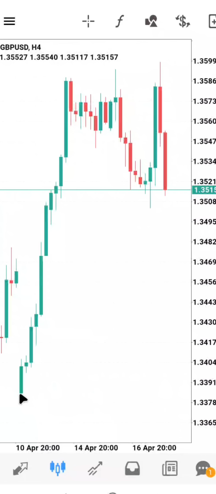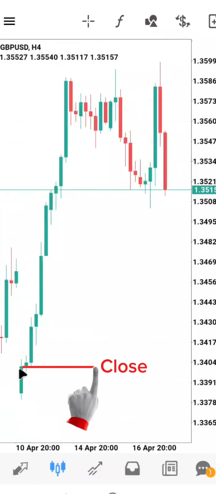The opening price is at this point where the rectangular bar began. So this is the opening price. The lowest price is this tip of this lower wick. So we call this line here a lower wick. So the tip of this lower wick is the lowest price reached within that 4 hours. The highest price reached is the tip of this upper wick, and then the closing price is this end of